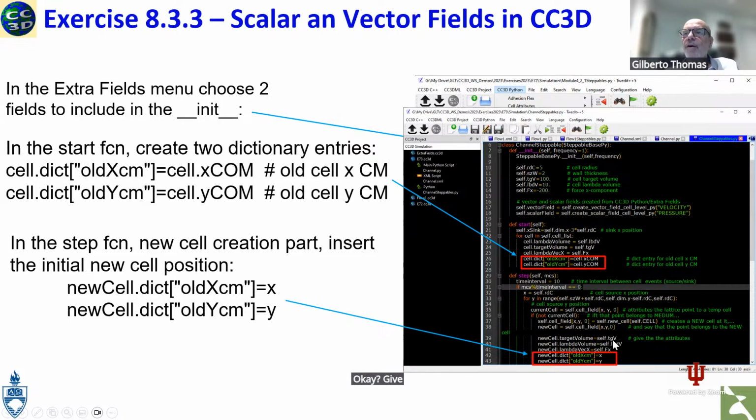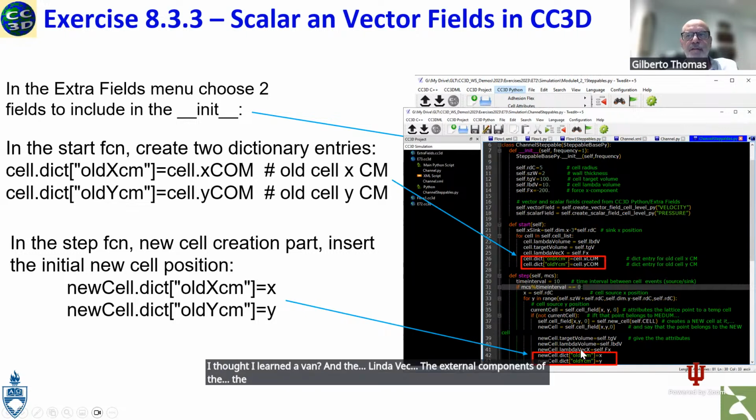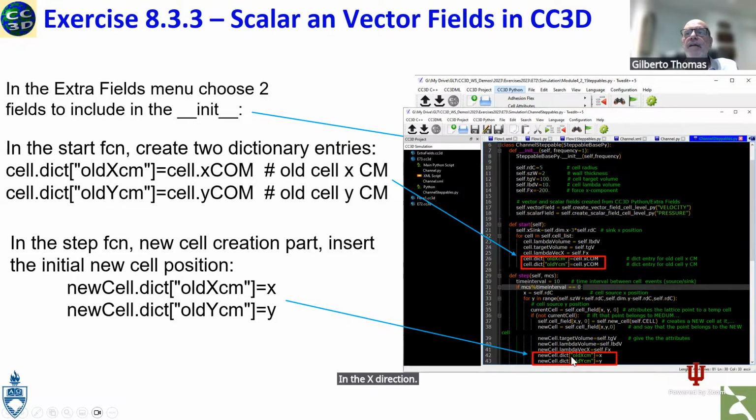Give to this cell a target value, a lambda value, and the lambda vec, the external field component of the force in the X direction. And I create new dictionaries for this new cell. You have to do that. Well, because